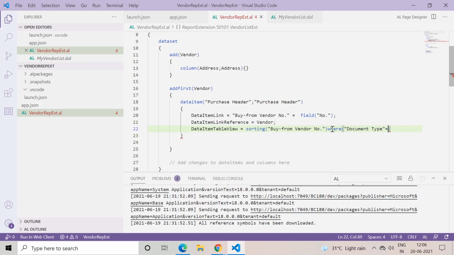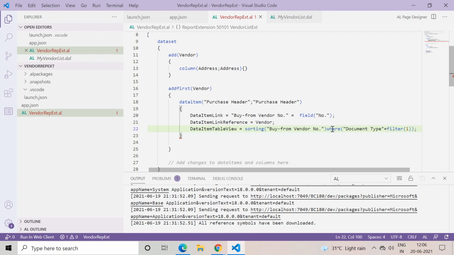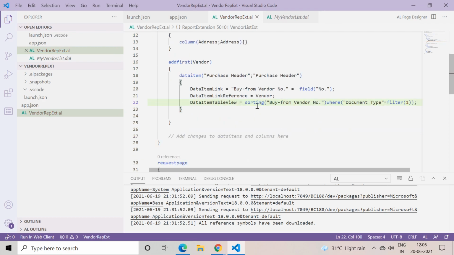Document type is equal to filter 1. Okay, so this is how we can add these properties and filter the records based on our requirement. Now this part is already done.